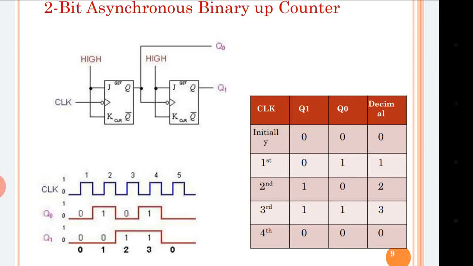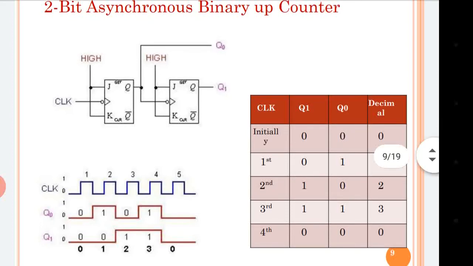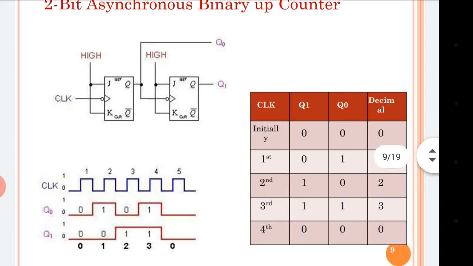If you observe, the J and K, both the inputs are connected to the VCC, that is high. As per the truth table of the JK flip-flop, when both inputs are high, its output is in toggling condition. That means it will change